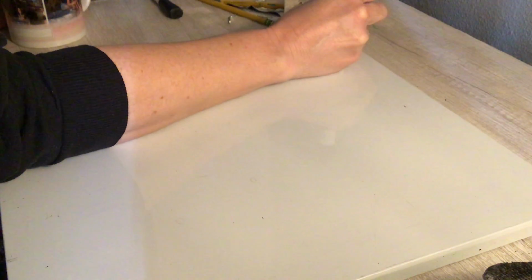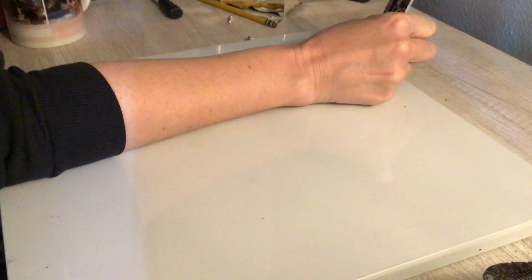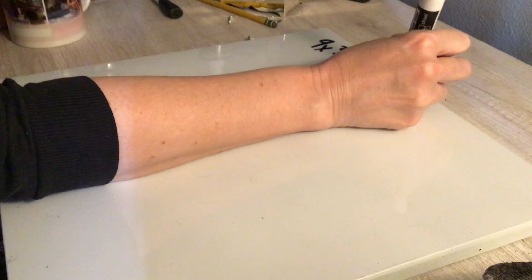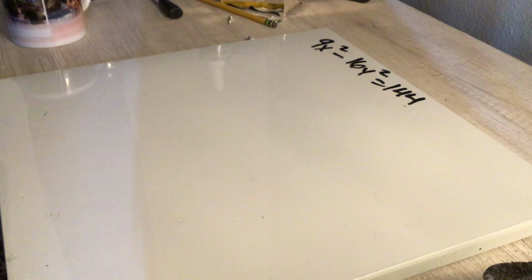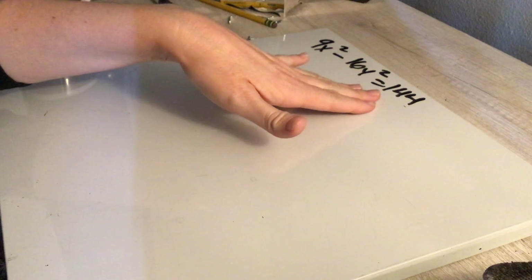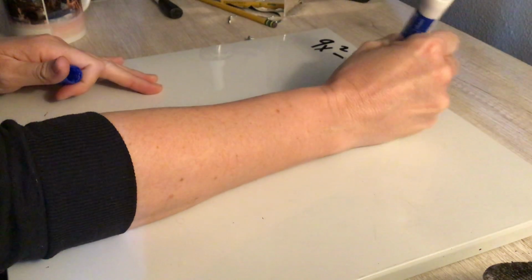All right. So we're going to graph 9x squared minus 16y squared equals 144. Okay? So we know it's a hyperbola because there's subtraction between the x squared and the y squared terms. So we have to put it in standard form first. To do that, you need to get it equal to 1. So we're going to divide by whatever this number is. So divide by 144,